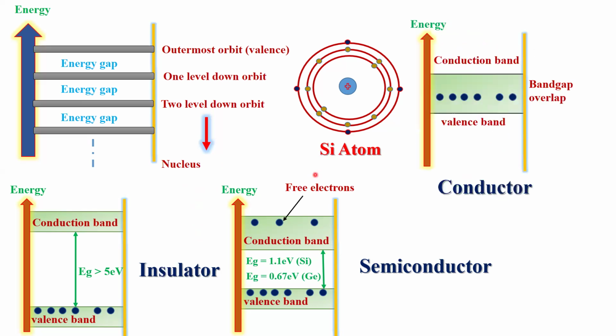Now, the final one: the conduction band and the valence band, in case of a conductor, they overlap. It means there is a band gap overlap. There is no energy gap to be overcome in order for free electrons from the valence band to jump into the conduction band. So at 0 Kelvin, or at absolute zero, that is minus 273 degrees centigrade, all the valence electrons